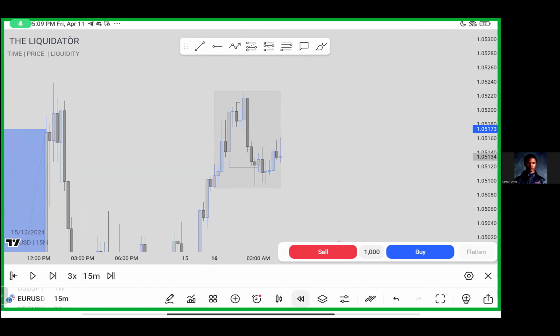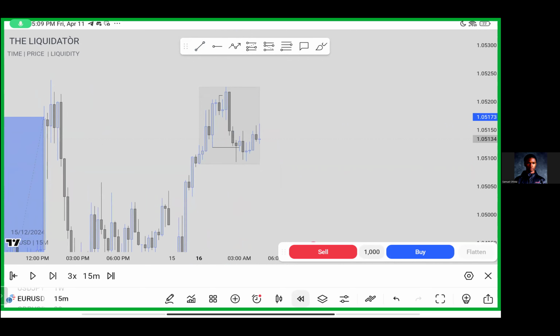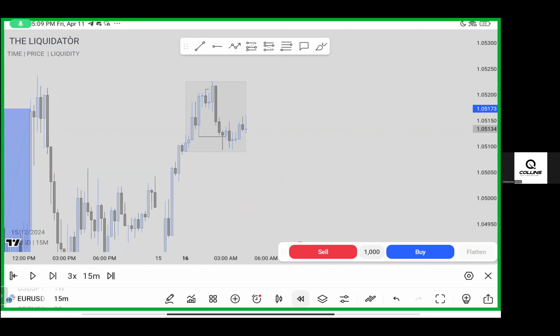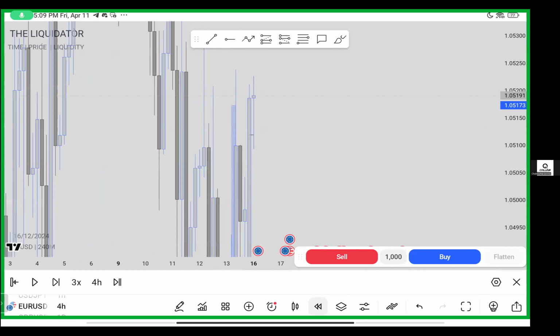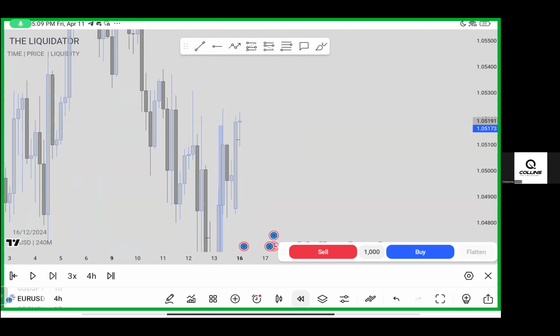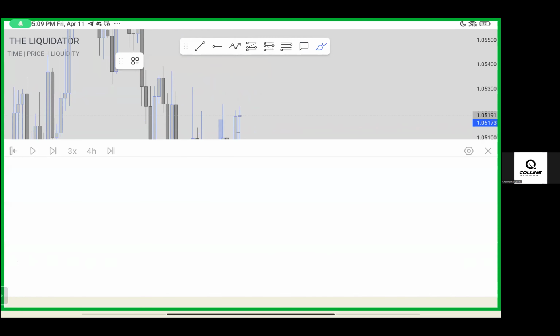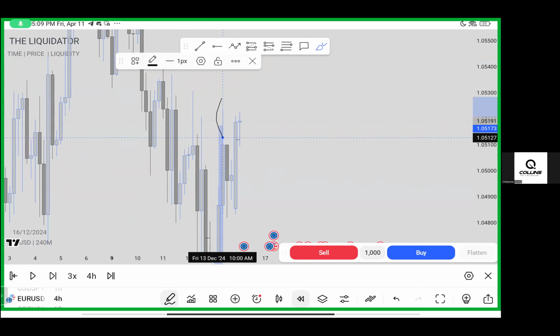So now after this, what is going to be the next step? Remember, I said if Asia created a strong high, our next step is going to be what? We're going to go to the 4-hour and check the order block. That's what we're going to be doing. So now on the 4-hour time frame, if there's no order block, there's no need for you to take this trade. So this is what the 4-hour time frame is looking like. The 4-hour time frame is not looking like there is going to be any order block. That's what I'm seeing here. The 4-hour is not looking like there's going to be creation of any order block.